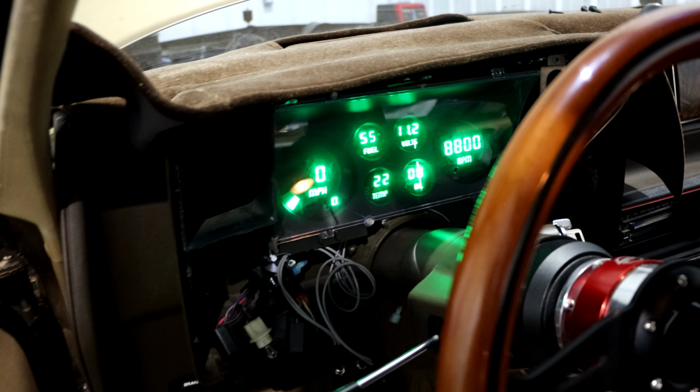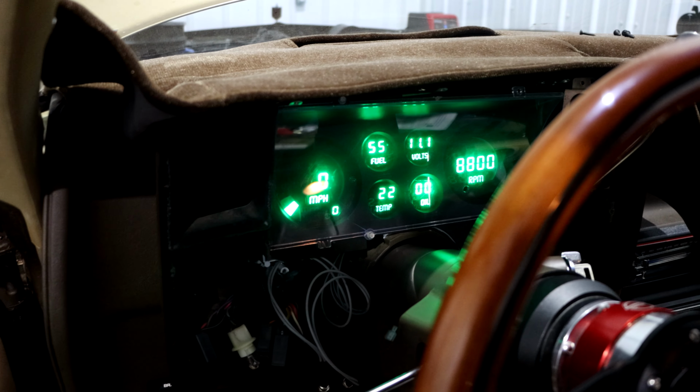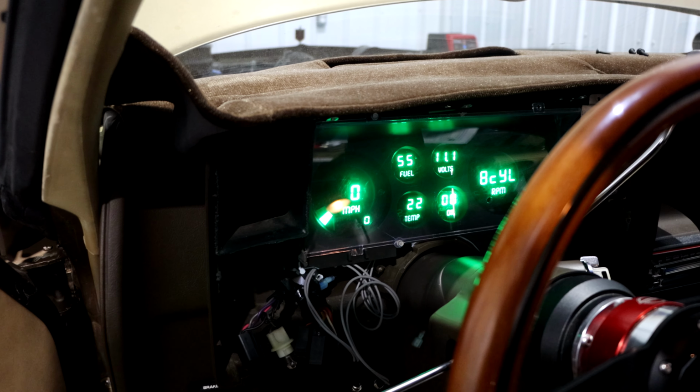Other than reading instructions and trying to figure out how to calibrate and stuff like that, for the most part, I want to say it's all correct. I'll catch y'all back after I put trans fluid in it and stuff like that, and make sure the transmission is working properly, because that was the main task I had to do on this car. So